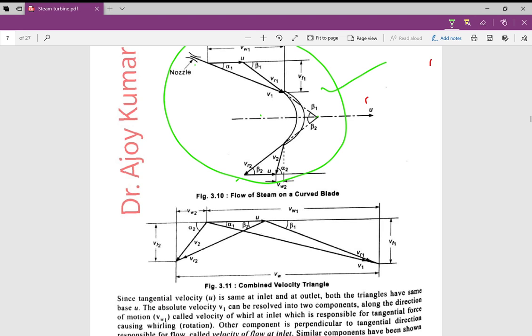Now my dear students, there is a very easy method to draw this combined velocity triangle. This velocity triangle is required always either for proving blade efficiency or for solving numerical problems. So my request is to please focus here on how to draw so easily the velocity triangle of a simple impulse turbine, that is your De Laval turbine. So this is the combined velocity triangle of a De Laval turbine, that is a simple impulse turbine. Okay. So let us see.